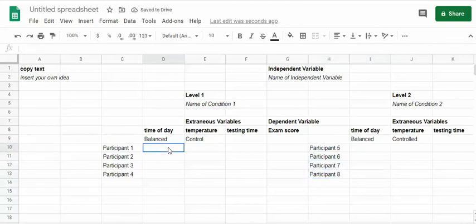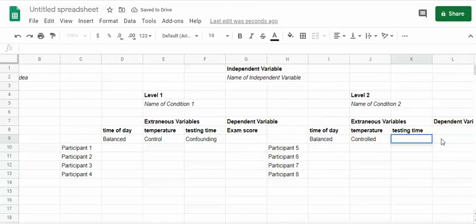And over here, what I want you to do is make testing time into a confounding variable, which means pretend like you're doing a bad experiment and you actually don't balance or control this variable like you should, and it actually turns into a problem. And for it to become a confounding variable,